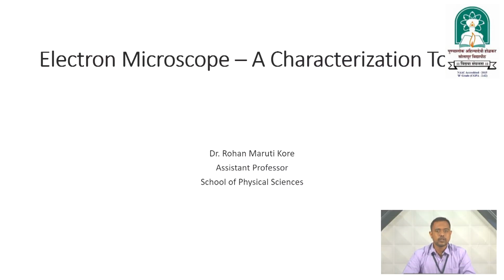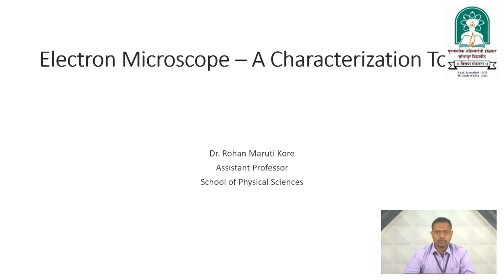Today we are going to discuss one of the topics which is generally useful in the material science field, that is electron microscopy, which is a characterization tool. We all know that electron microscopy is a microscopy tool which is generally useful for the characterization of nanomaterials, as we are all aware of various equipment and devices that are now using nanomaterials. To analyze and characterize such material, to know the morphology, topographical images, and their chemical analysis, we require the scanning electron microscope to